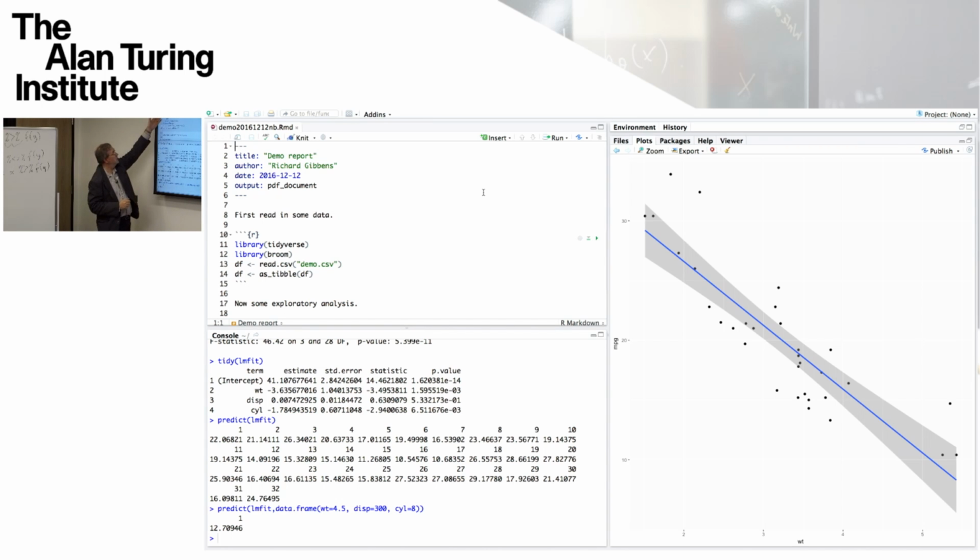Either you've got text with R Markdown commands, for example, to give section headings and so forth, as we start here with first reading some data, or the other type of information you can have is a snippet of code. Snippets of code are formatted in the following funny way. They have three open quotes, curly brackets, lines of text, and then three closed quotes, just to break them off from other text.